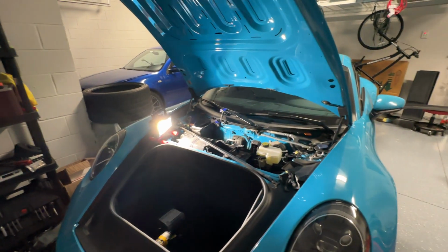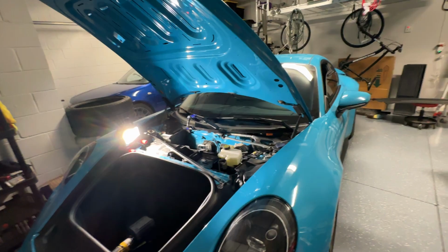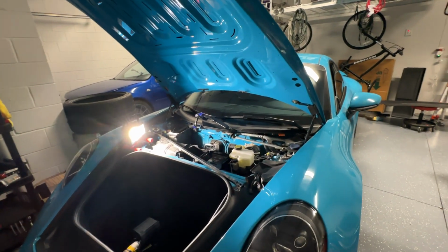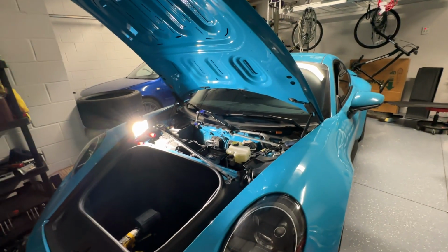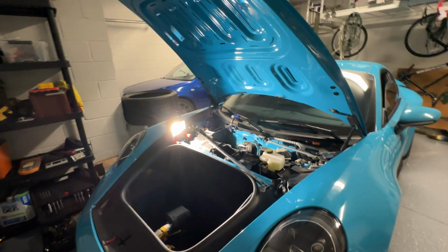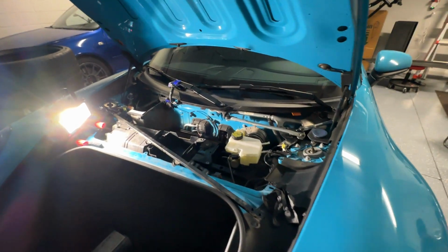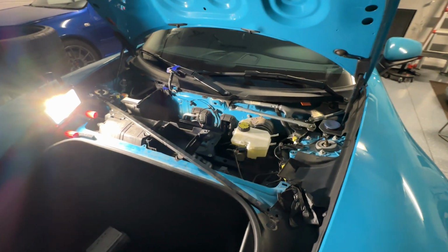But in my case, since the frunk was open, I didn't want to get it towed to the place that was going to replace the battery. They're about an hour away, so that was a big hassle. So I opted to actually take the battery out myself, and I'll give you some pointers as to how I did it. There's some brackets that,